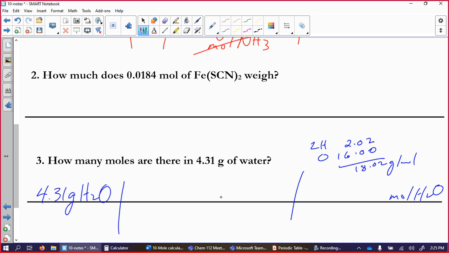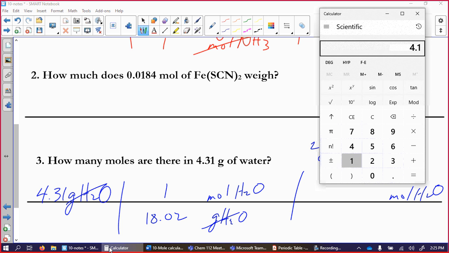I want moles, so grams and grams cancel. 1 mole weighs 18.02. 0.239 moles,